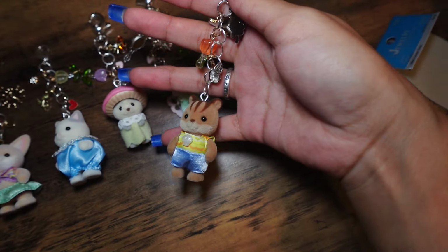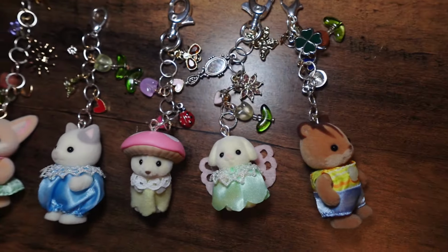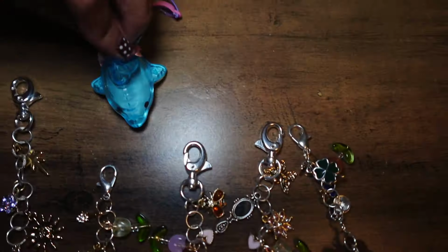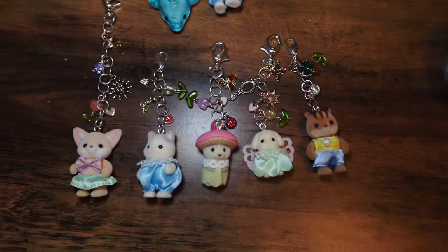Also, the mysterious girl made this one, which she really likes, but it's not part of the competition. There are all of the keychains, guys. If you guys want a tutorial, comment down below. Oh, and then this is the otter. And if you guys say this one's your favorite, I mean, I guess you can still comment down below, but...